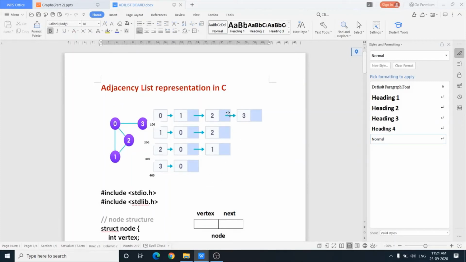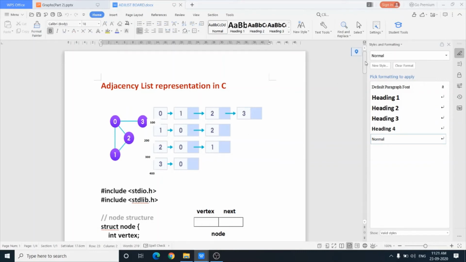It means it holds 100, 200, 300 and 400. They are of type struct node star, meaning they are all addresses of struct node. So how many addresses are there? 4, because 4 nodes are there.